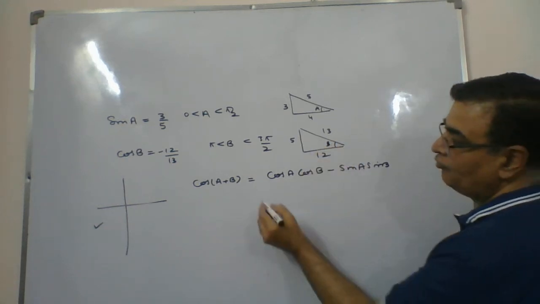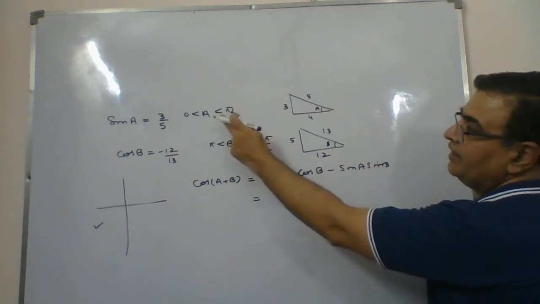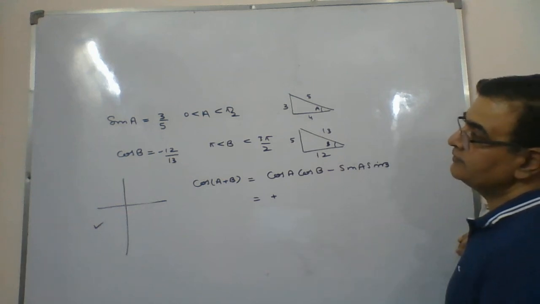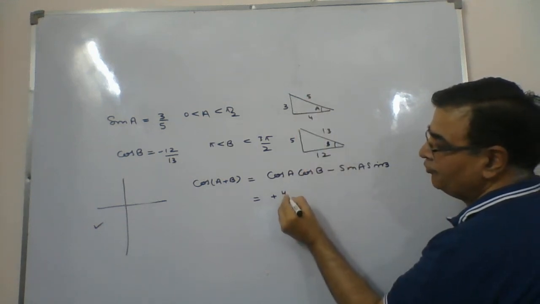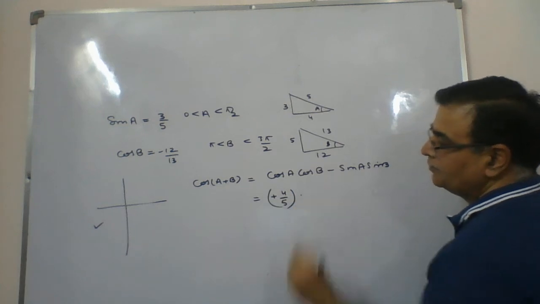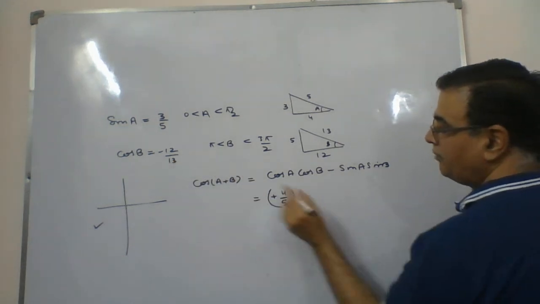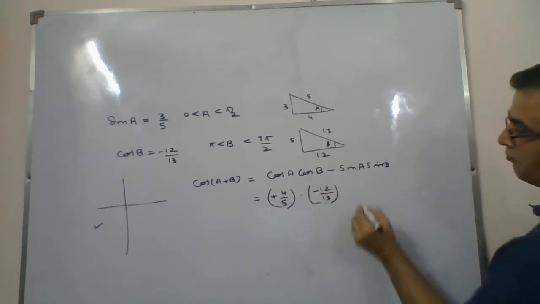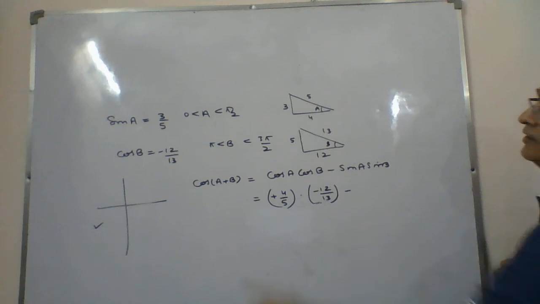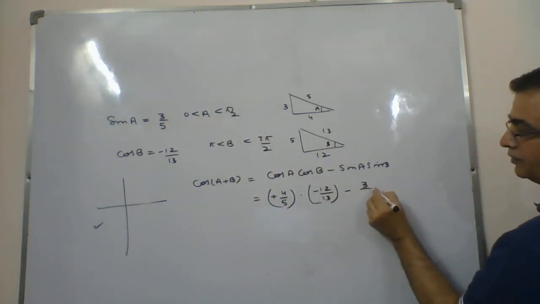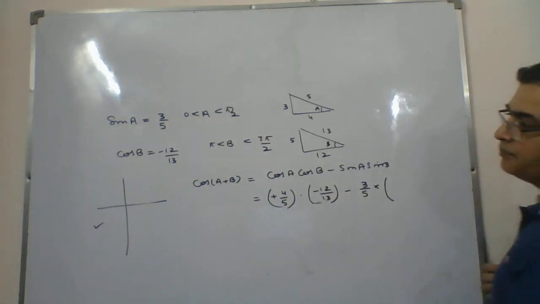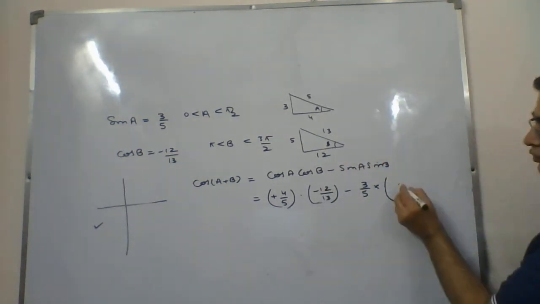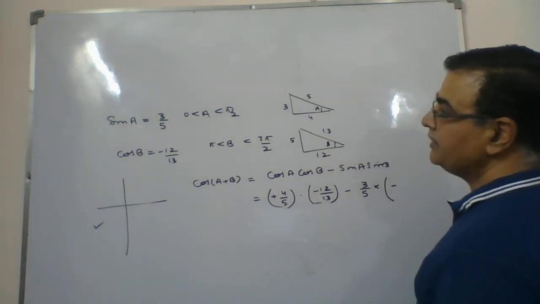And first we think about cos A. A is in first quadrant, so it will come out to be plus. So here it is plus. Cos A is base over hypotenuse, so it will be 4 by 5, into cos B, already given minus 12 by 13. Why is it so? Because it has gone in quadrant 3rd. Minus sin A. Sin A is 3 by 5, already known. Now sin B, in the 3rd quadrant, B is there. So we should have a minus sign here. So it is minus. Sin B, now you calculate.